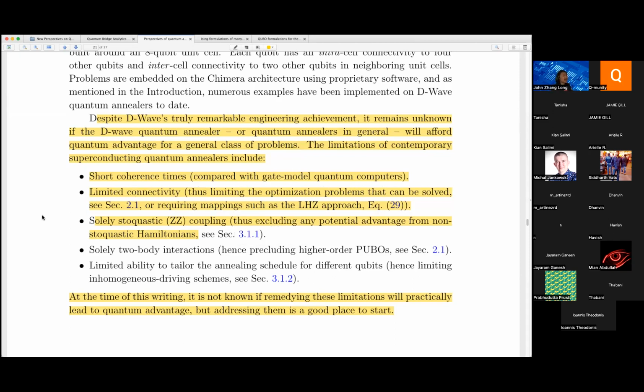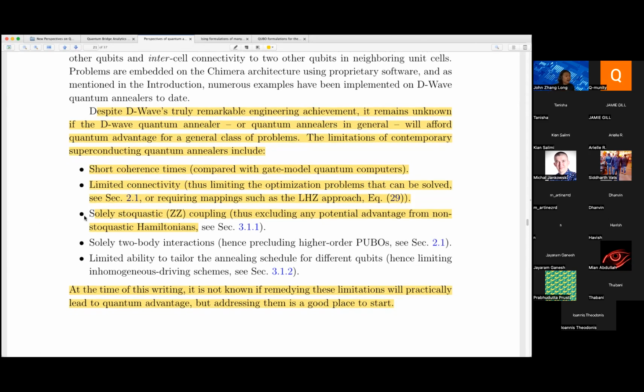Limited connectivity. I skipped the image, but just like the normal IBM quantum computers, you have a two-dimensional surface, right? There are graphs, connections that you cannot make because you're going to have wires that overlap. And I guess we're not at the point where we can do that just yet with the superconducting quantum computing hardware. And we also have